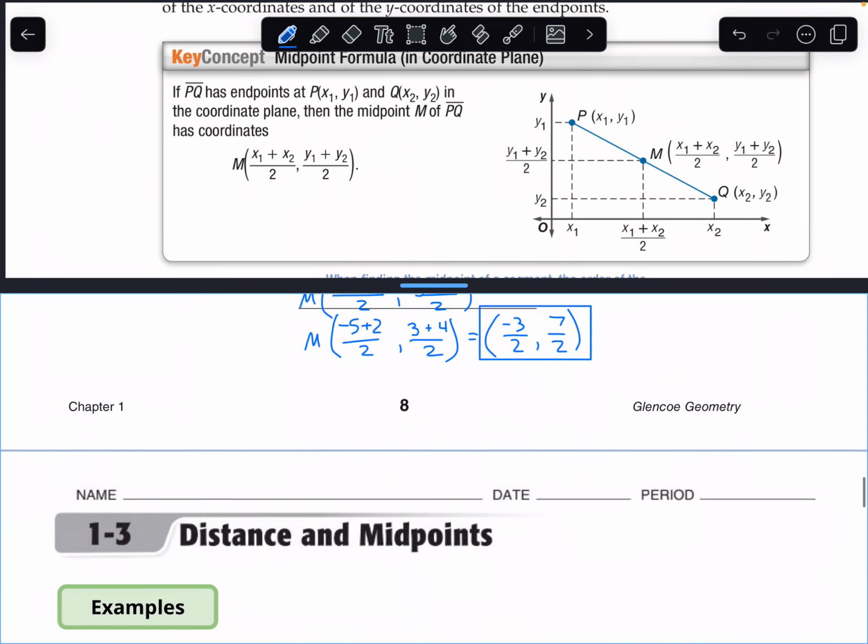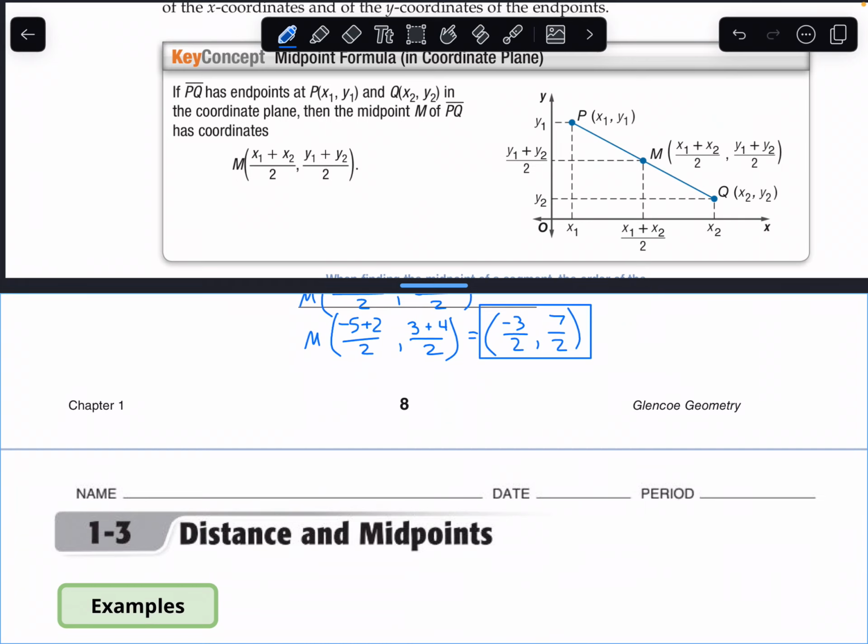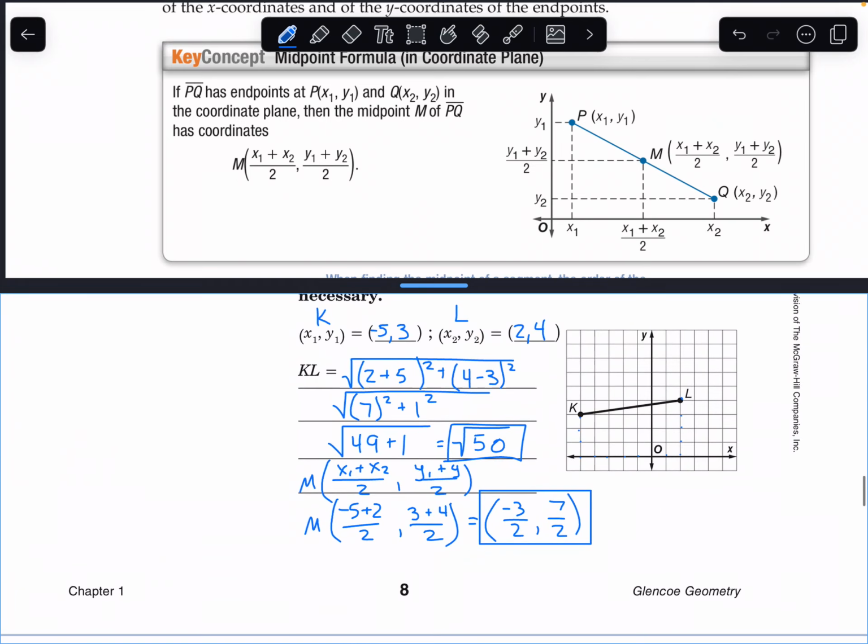Okay, and then that takes us to the end. There is no summary or helping you to remember for this section, which means this concludes the guided notes for the entire section 1-3. Come back for part 2 to complete the